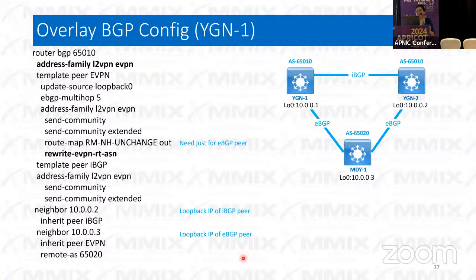Overlay BGP configuration. That is the overlay BGP configuration. Overlay is mainly for the address family L2VPN EVPN. I created a template EVPN. This EVPN template is for the eBGP network, between the Yangon switch and the Mandalay switch. This is for the eBGP session. Even though it is EVPN, you need to communicate with the loopback address that is advertised by the underlay BGP network. Because we are using loopback, not interface,